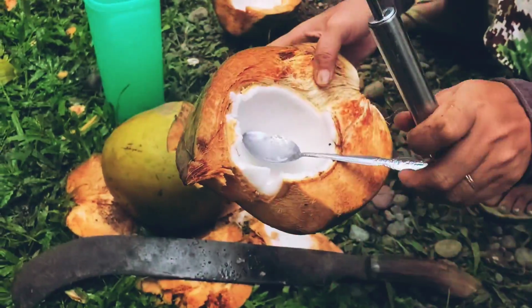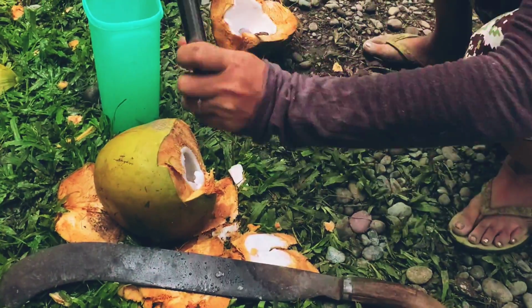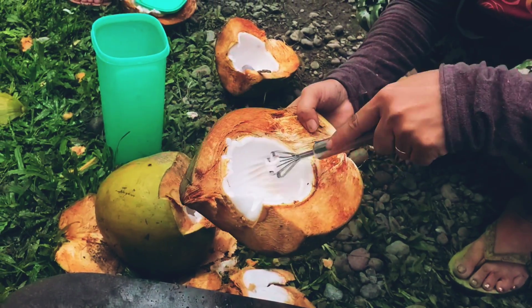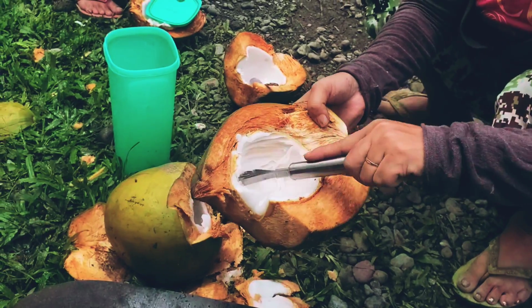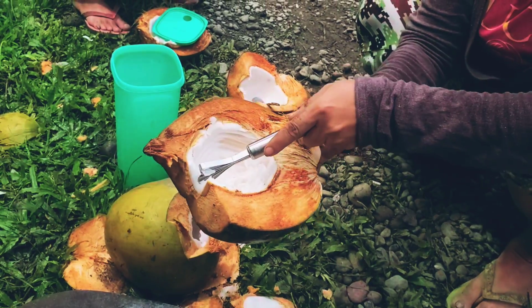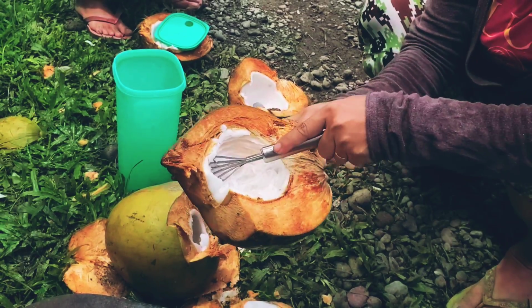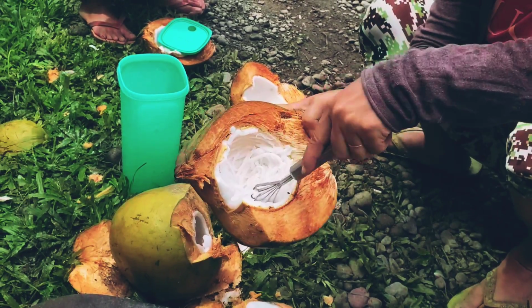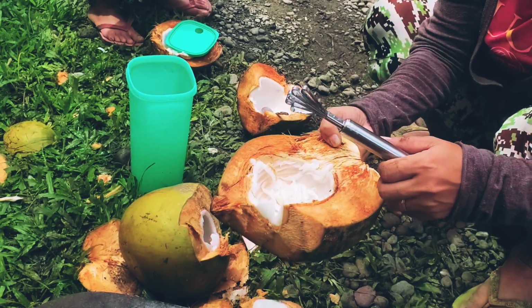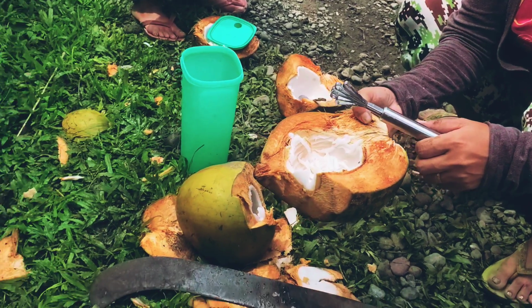This is for what? Ruth is going to show. This is for what? Like this. What is that? It's a scraper, gets the coconut out for you. I think that is for cake, isn't it? So that you can eat easily like this. Yeah, makes it easy, doesn't it? It's good for